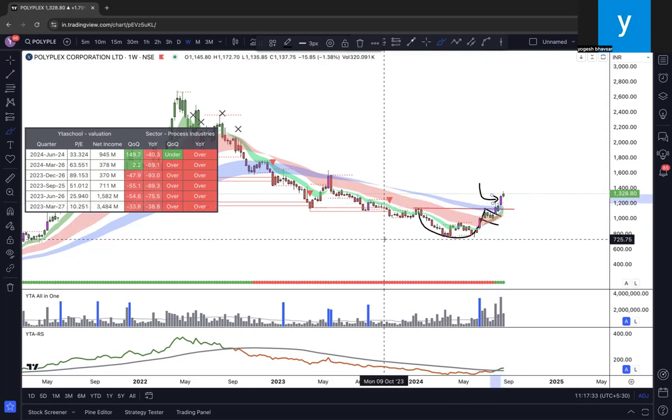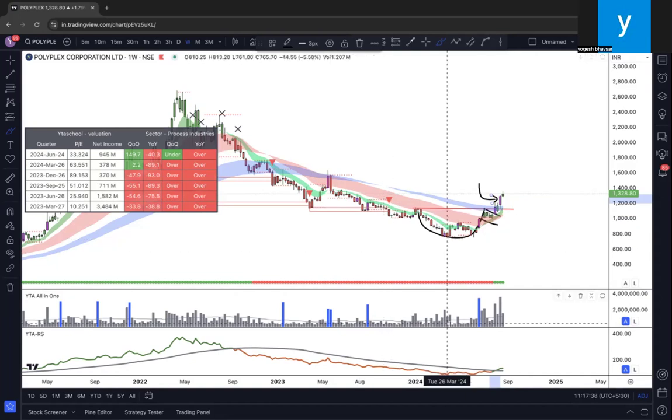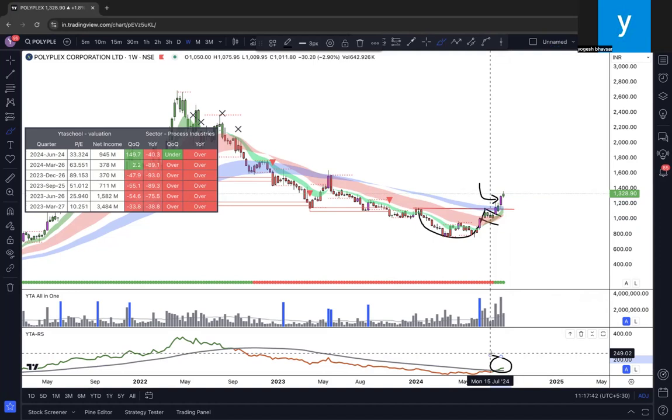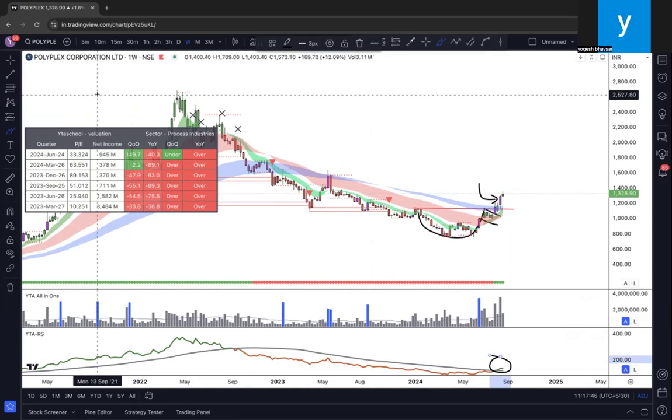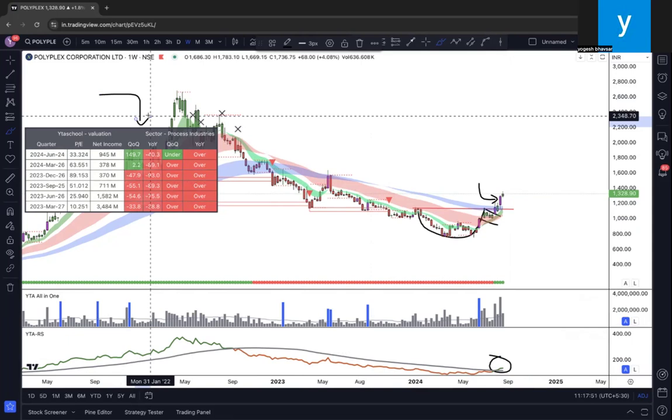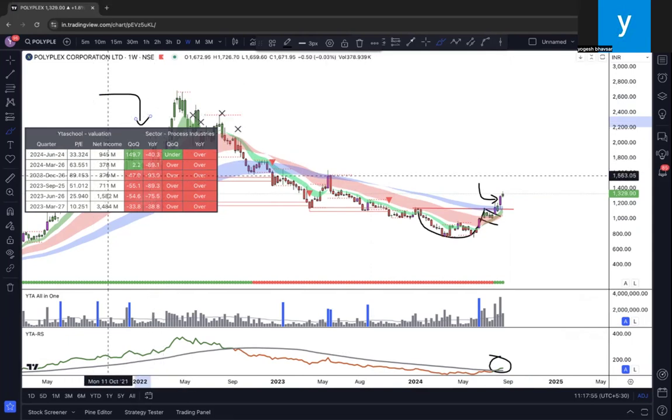Is my stock undervalued or overvalued at the time of this trend change? Okay, so what did I do? I asked this question to my fundamental or valuation indicator. As I explained before, for the last 3 quarters, at 370 million, the company was asking 89 P/E. So this becomes your base of value.